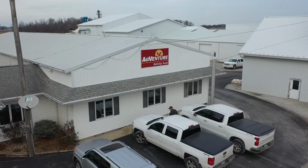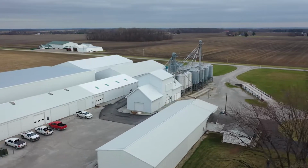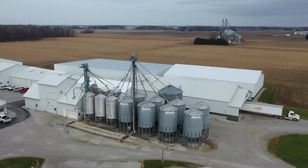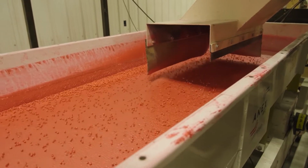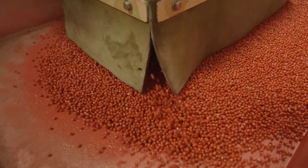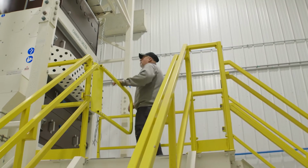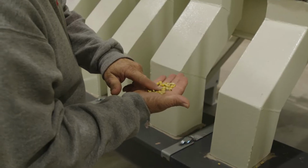Here at McKillip Seeds, we're family owned. My great-grandfather started in 1935 by raising seed corn, and we have just progressed from there. I am the fourth generation of the McKillip seed family. Number one is quality. Quality for us is very key. Service is a close second. And I think with those two and being family owned and independent, we have grown a lot over the past